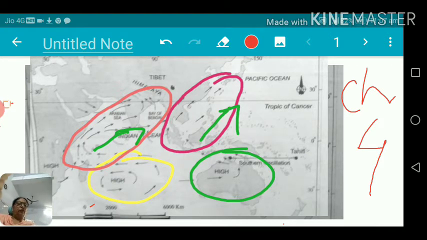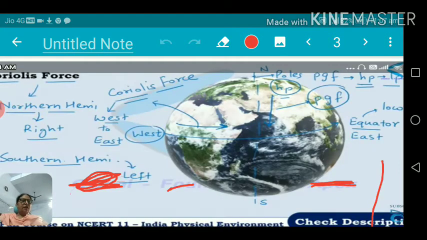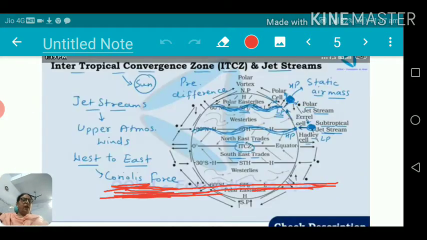Before that, I would like to make clear that whatever changes there are in the monsoon, either in winter or in summer, are due to the ITCZ. ITCZ, the Intertropical Convergence Zone, plays a very important role in the study of the climate in geography. When we talk about these climate changes, first we will divide them into two parts: summer changes and